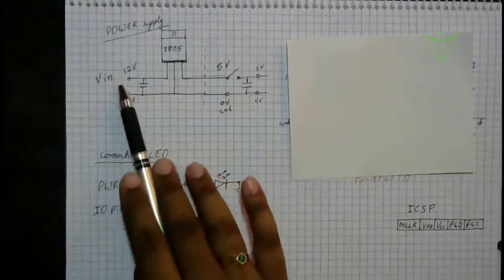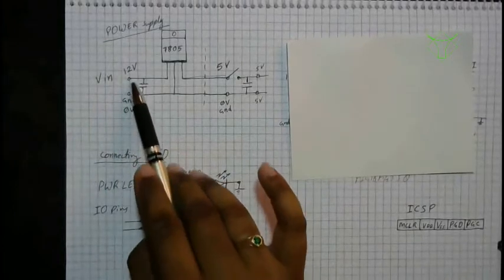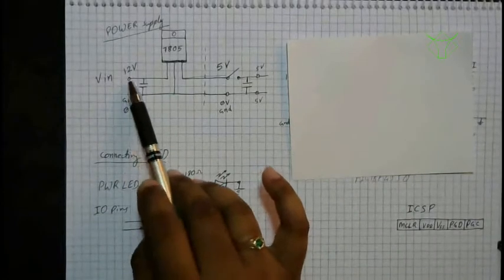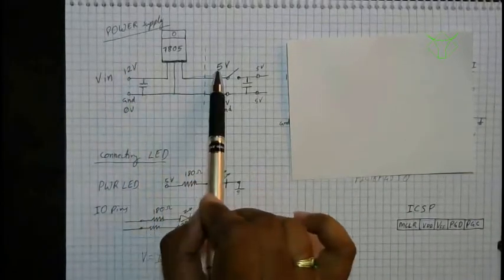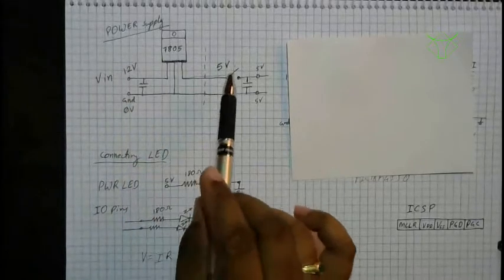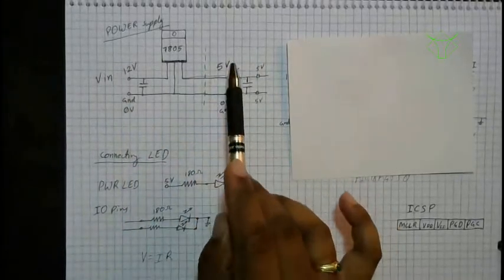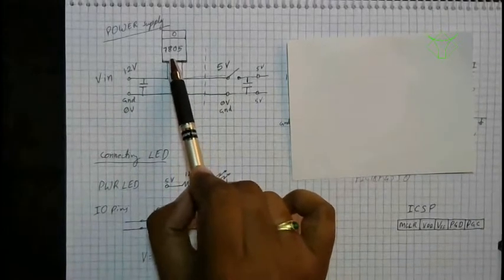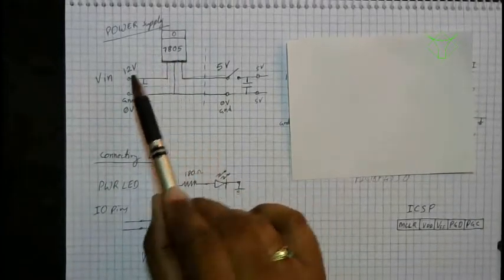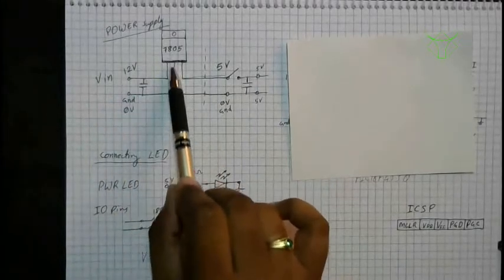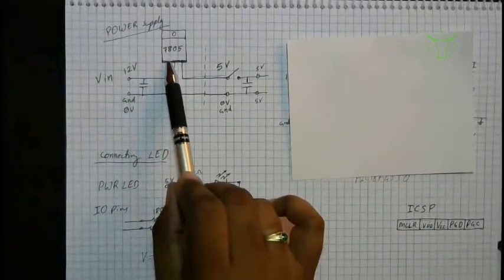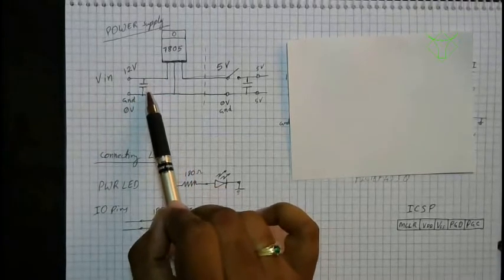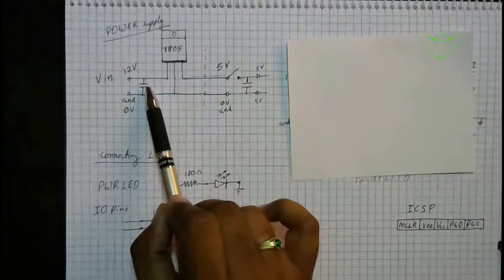If you have an adapter or power source which is 9 volts, 12 volts, or anything greater than 7 volts, you have to regulate this voltage to 5 volts. You have to cut off this voltage so that you can get 5 volts. So what we use is the 7805 IC. This is the 5 volt regulator, and this is the basic connection of it. We have 12 volts connected to the input, that is pin number 1, and there is a capacitor across this 12 volts and ground. This could be 10 microfarad.